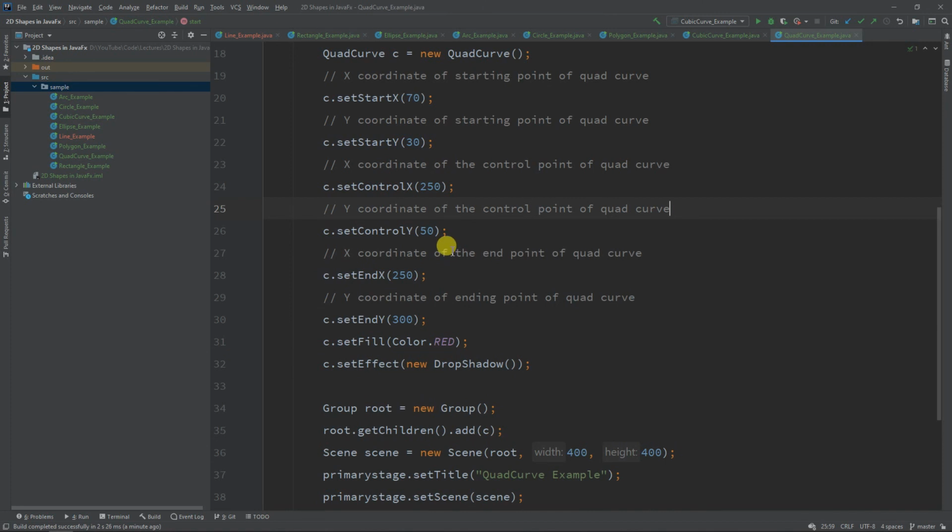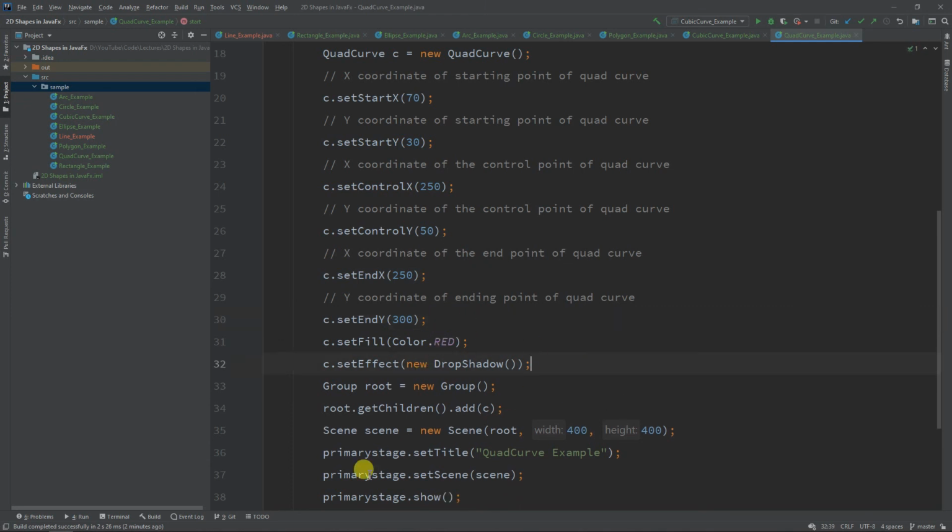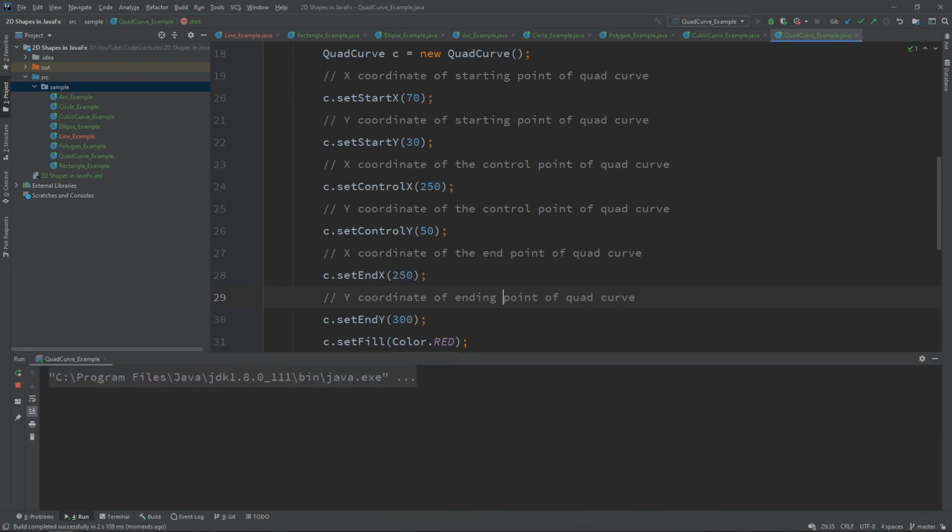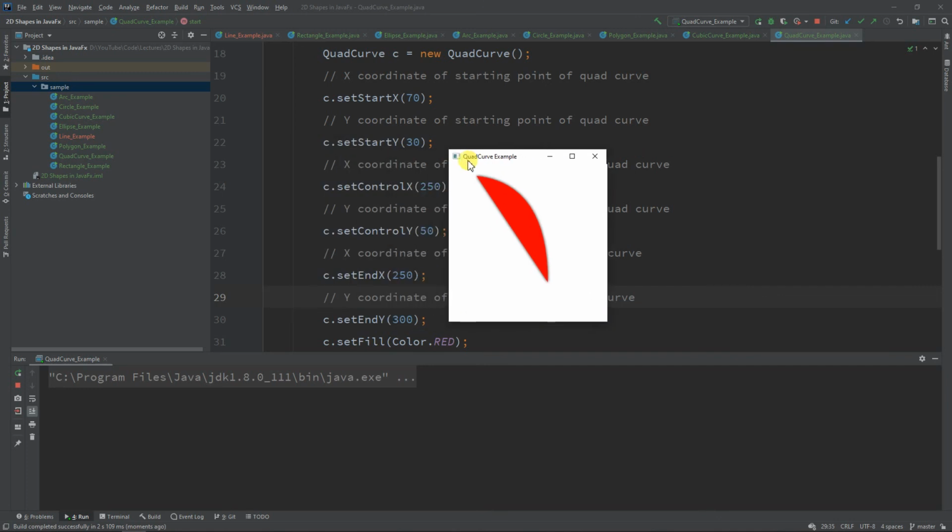So again, remember the starting point, control point, and then the end point of the quad curve. Next, we have to create the stack pane and so on, and let me show you what happens when I run this program. Right, so this is a quad curve right here. As you can see, there's only one control point.